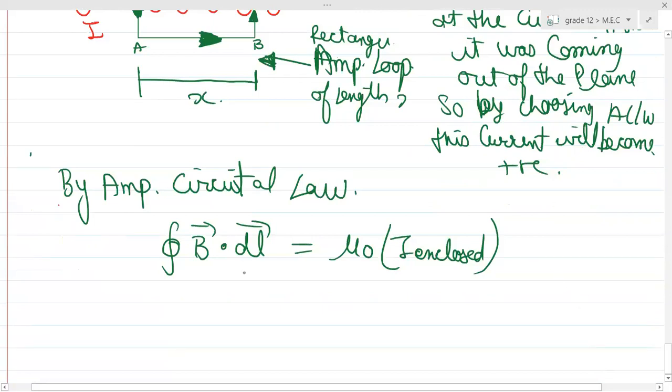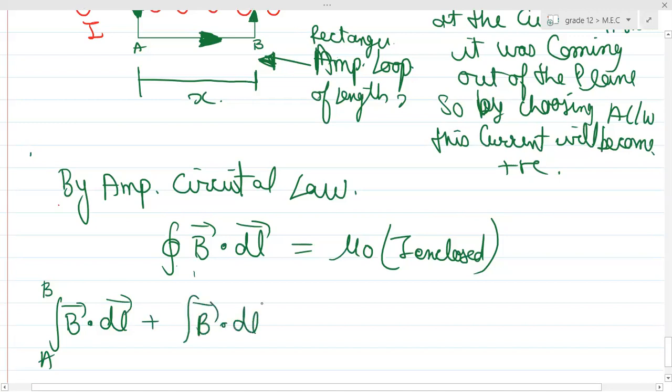So basically this loop is ABCD. I'll break it into 4 parts, just like I used to do in the case of a surface: B dot dl from A to B, plus B dot dl from B to C,